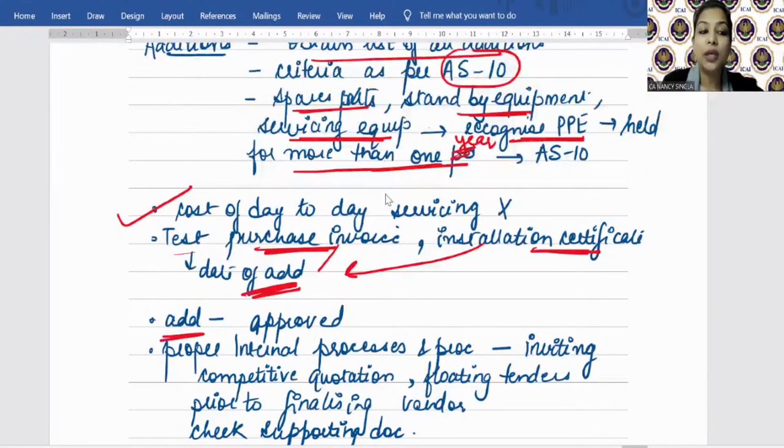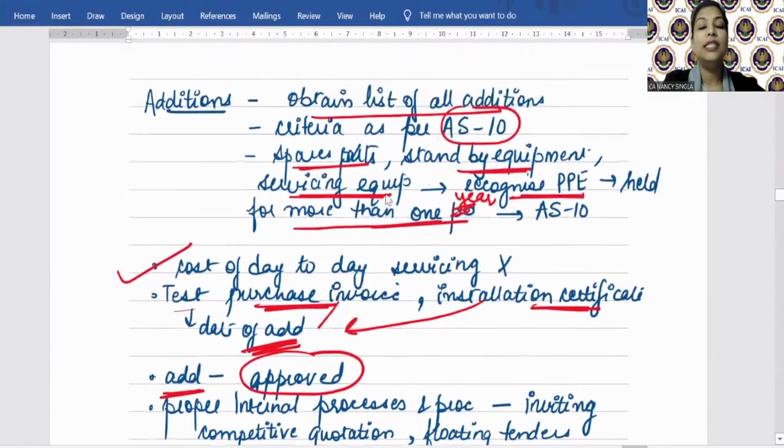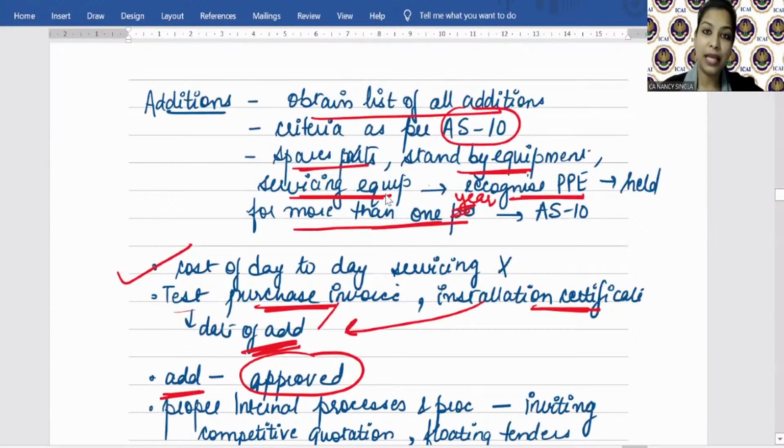Same way, auditor will see that whether these additions are approved by the appropriate authority. ऐसे थोड़ी ना कोई भी जाके कोई भी मशीनरी खरीद लेगा. It needs to be approved ना. So auditor will consider that. Now, see, before the company buys the property, plant and equipment, देखो जो मैन्युफैक्चरिंग कंसर्न्स होती है ना, वहाँ 5 CR 10 CR बहुत महंगी महंगी मशीनरीज होती हैं, क्रेन्स होती हैं, है ना?